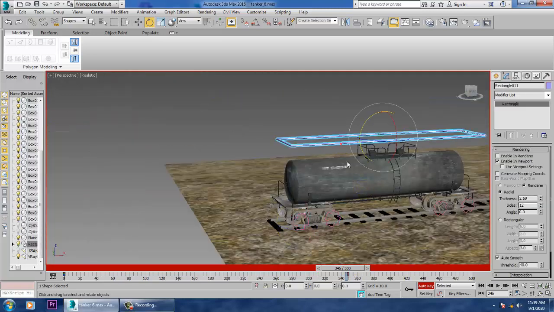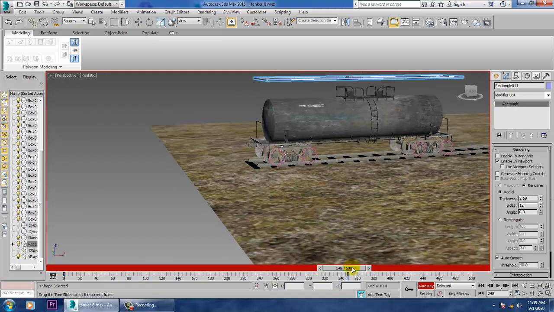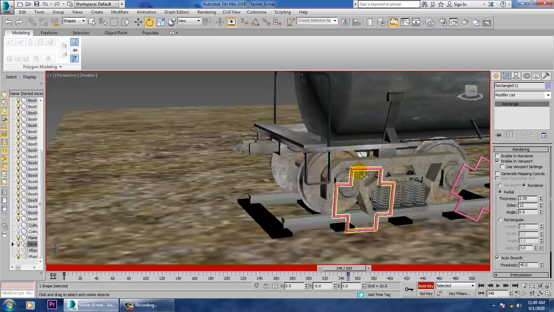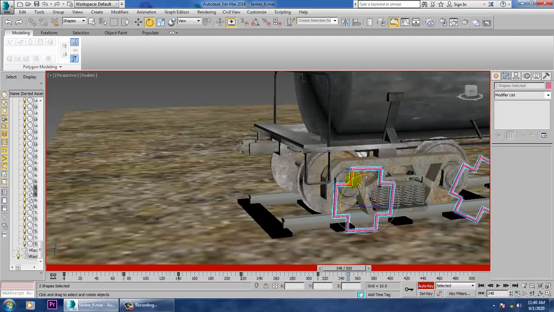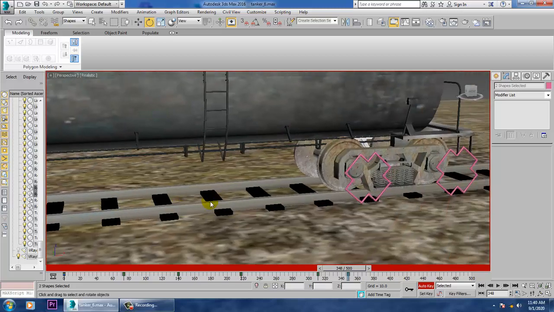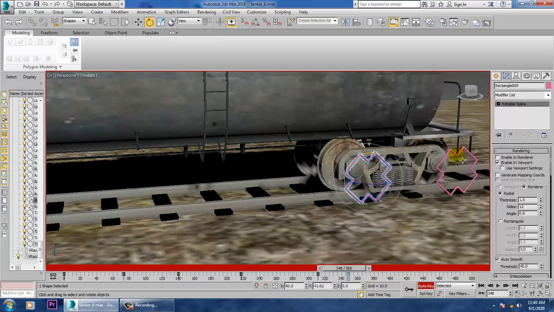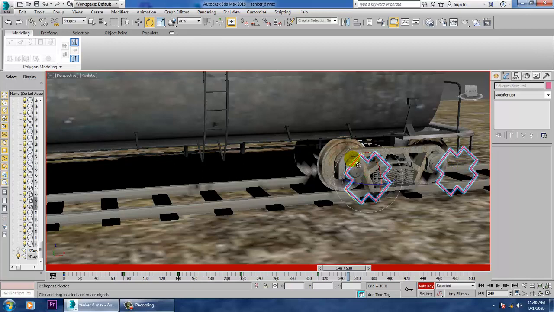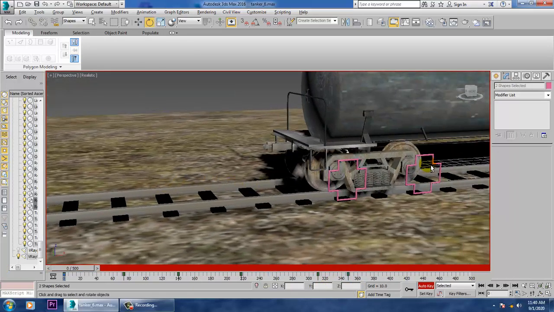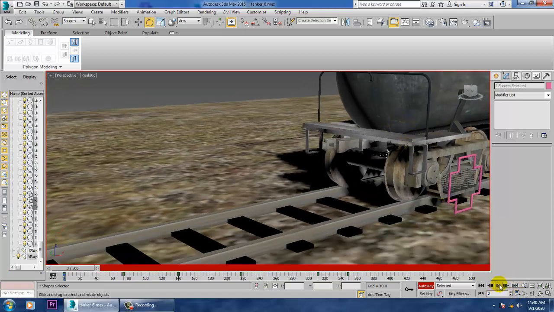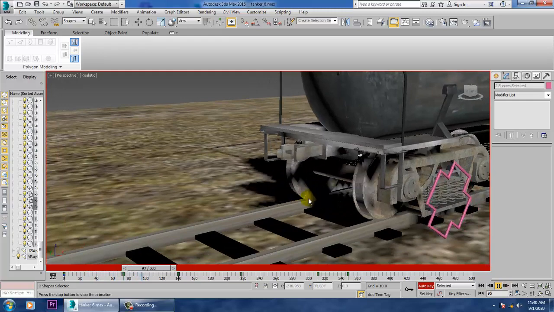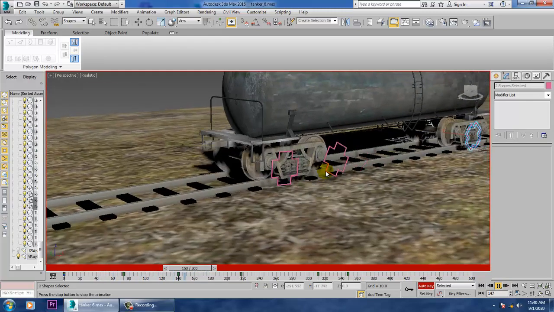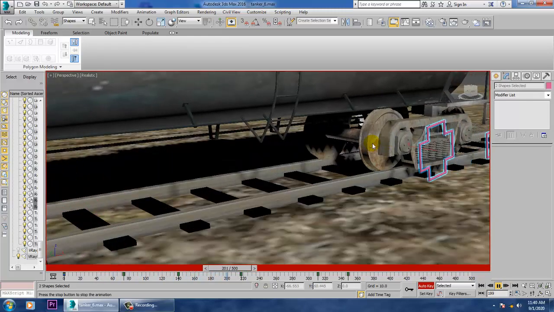So which is this last frame? Okay, this is your last frame. So again select this and let's rotate it again a bit. So just rotate a bit. So once you're done over here, and now if you want to see how it looks like, let's see how it plays. Can you see this? If you look at it properly, all your wheels are properly rotating.